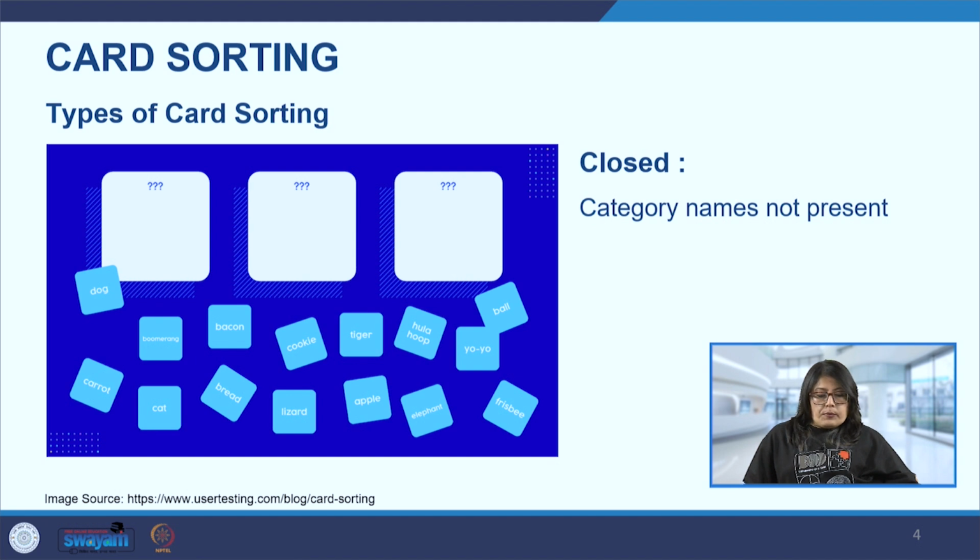And now in this particular method, the respondents don't have to think about the category because the category is already given to them. So this is comparatively a simpler way of sorting the cards because the headings are already there and they have to arrange the cards or distribute the cards under those headings. So it is a little bit of an easy exercise comparatively. So when do we use this particular method of card sorting? So this is when we want to find out if the users sort cards into the same categories as we would.